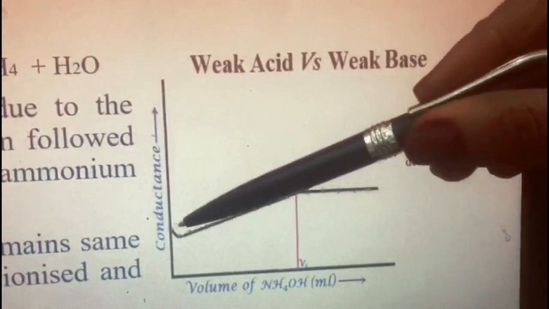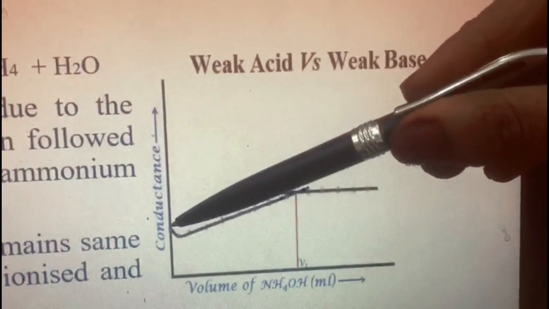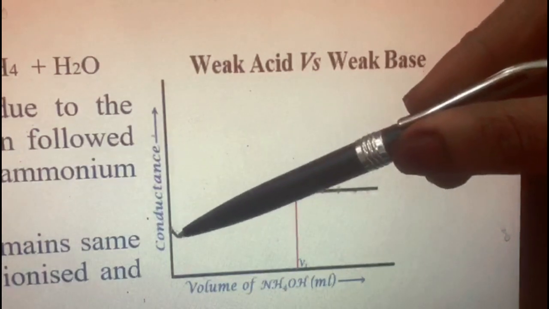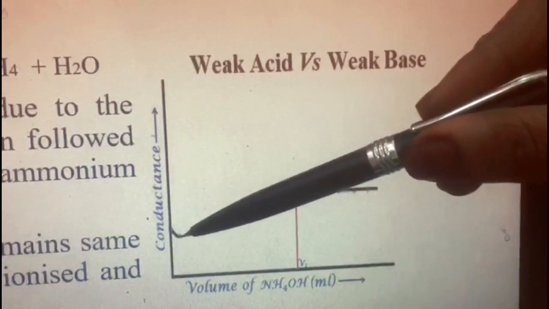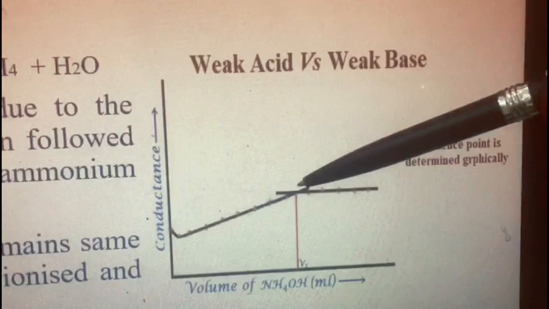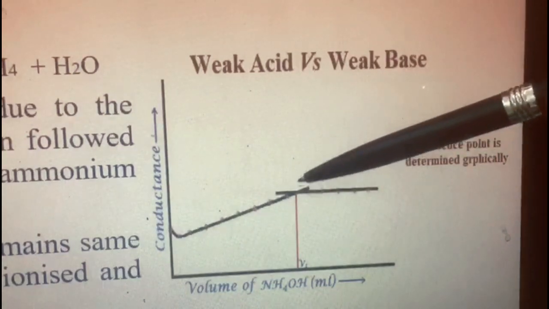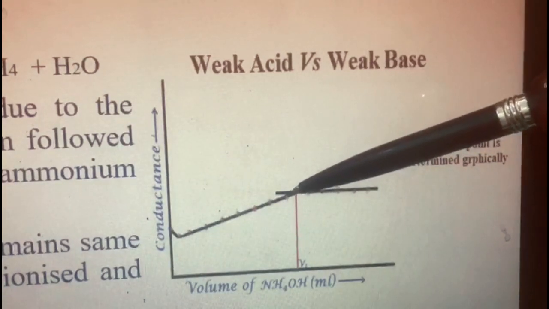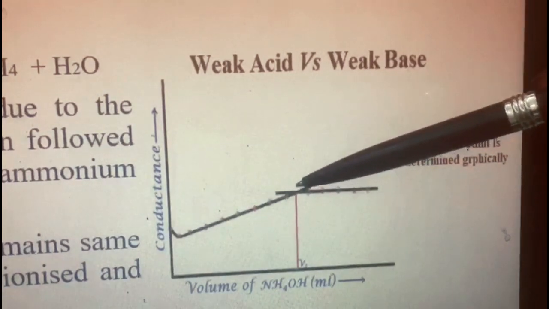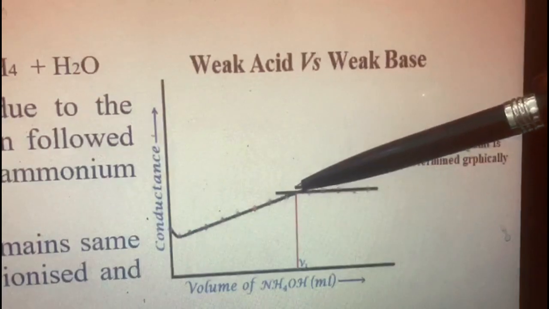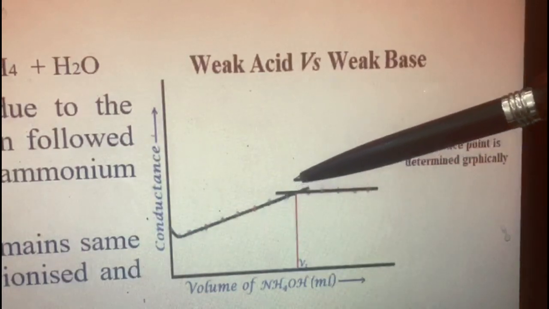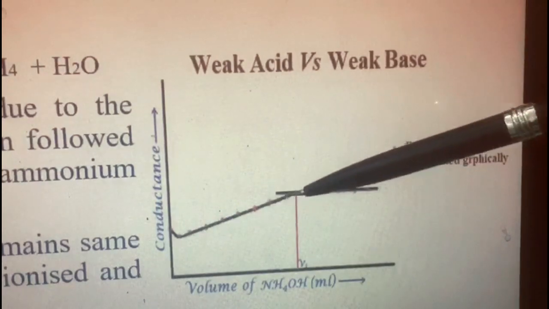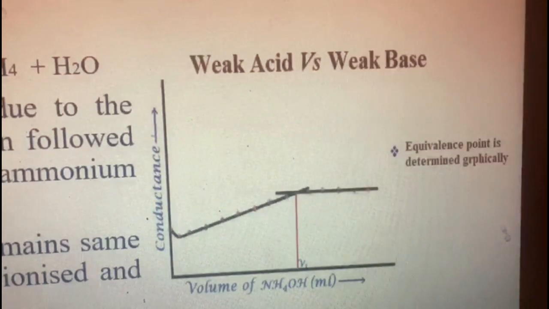We know here first it was very less because the H plus ion concentration is very less. Then it decreases slightly. Why does it decrease? Because that H plus is converted into water. Then it slightly increases because of the formation of ammonium acetate. Once the endpoint or equivalence point is reached, there is no acid in the solution, and only ammonium hydroxide is there. As ammonium hydroxide is a very weak electrolyte, it is feebly ionized and therefore it is not conducting much. That is why a straight line is obtained after the equivalence point.